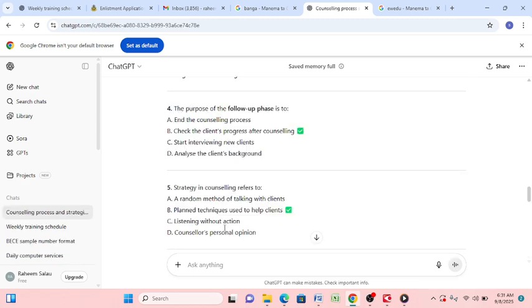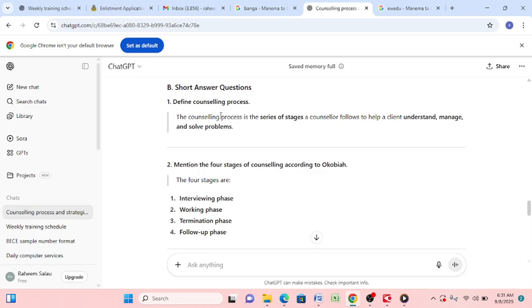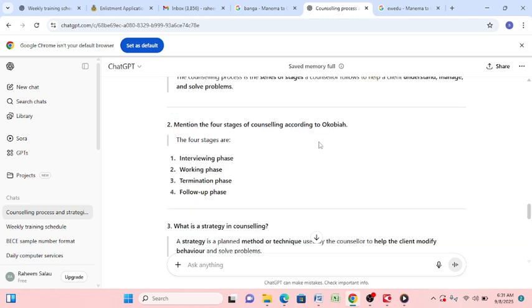So this is how we can use it, but now it's giving me both question A and question B. It's giving me the answer in question A: define the counselling process. Mention 4 stages in counselling according to Okubia. Then what is strategy in counselling? List 4 strategies used. So this is how you can prompt AI to get questions and answers and even suggestions